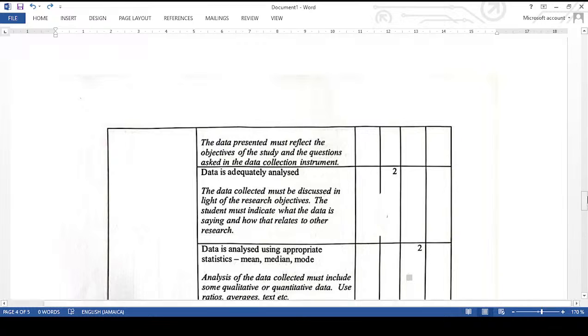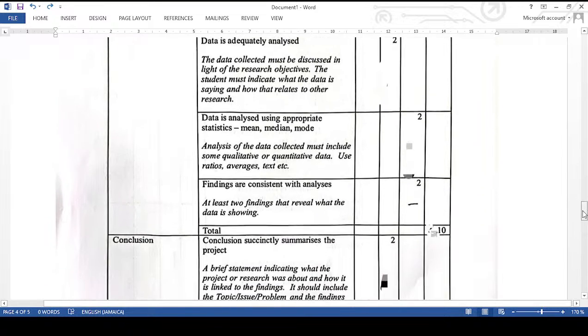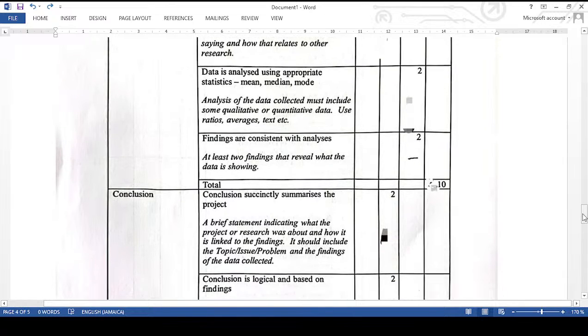So the data must be adequately analyzed, right? So the data collected must be discussed in light of the research objectives, right? So when you collect the data, you use your research objectives to guide what you are going to report on, right? You can use statistics like mean, mode, median to present, right? And the findings, as a matter of fact, you get marks for it, see there. The findings are consistent with the analysis. So at least two findings that reveal what the data is showing. And then you move to a